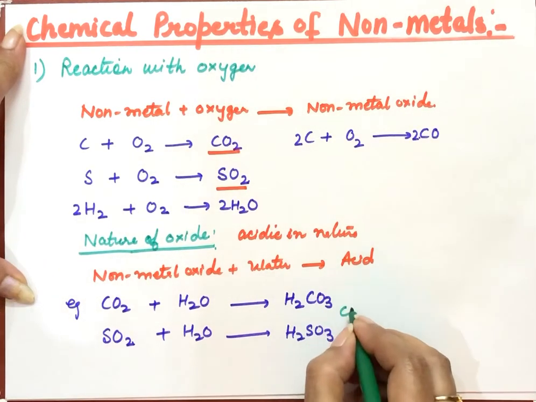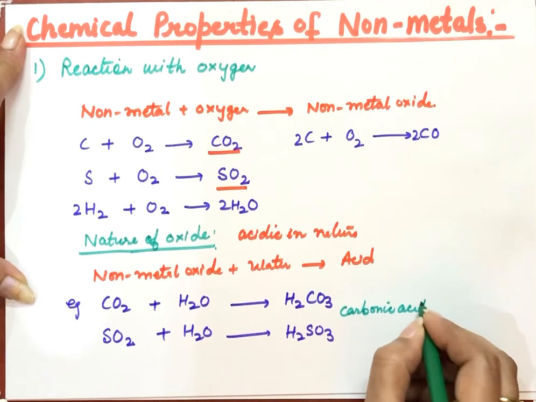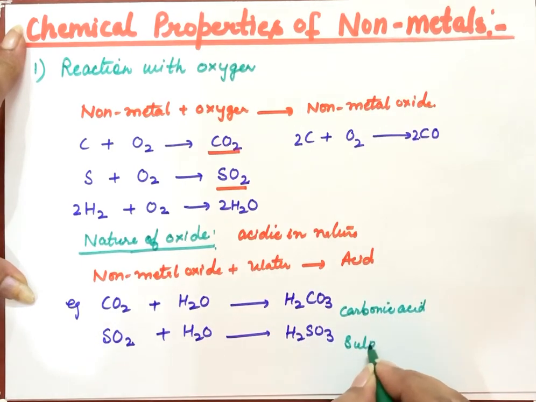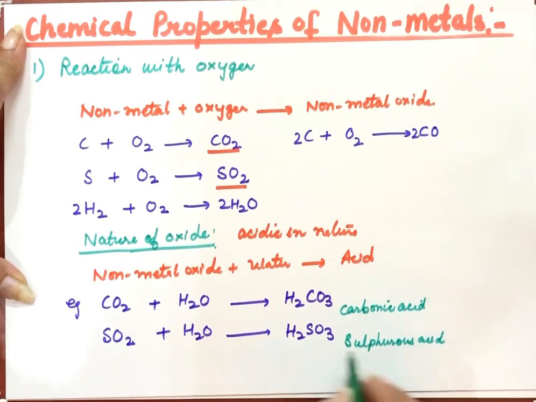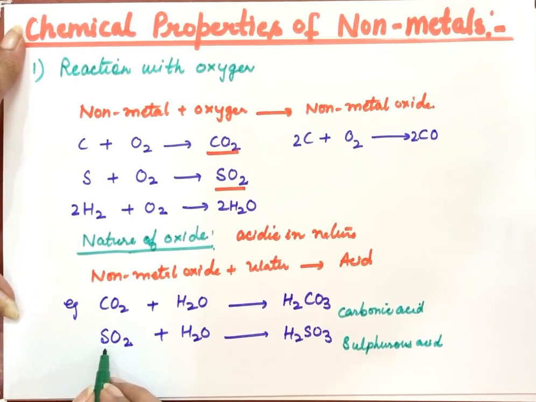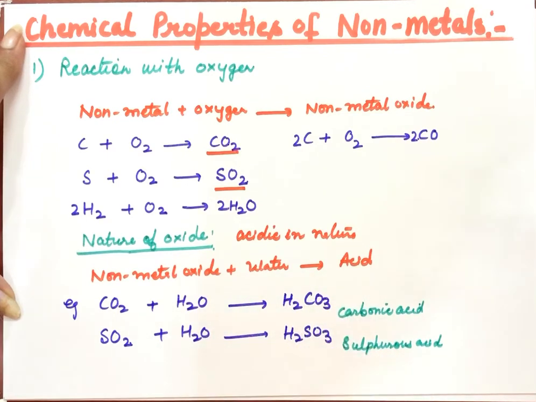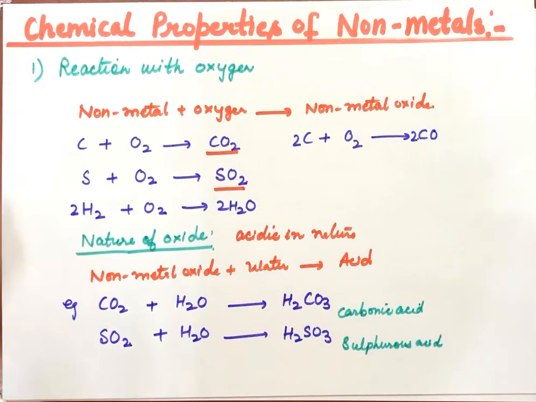This is carbonic acid. This is sulfurous acid. Remember, this is sulfurous, not sulfuric. Sulfuric is H2SO4 and that will form if we take SO3 here. But some of the nonmetal oxides are not acidic, they are neutral in nature. Like in metal oxides, we have done some metal oxides that are amphoteric, like aluminium oxide is amphoteric in nature. So here some of the nonmetal oxides